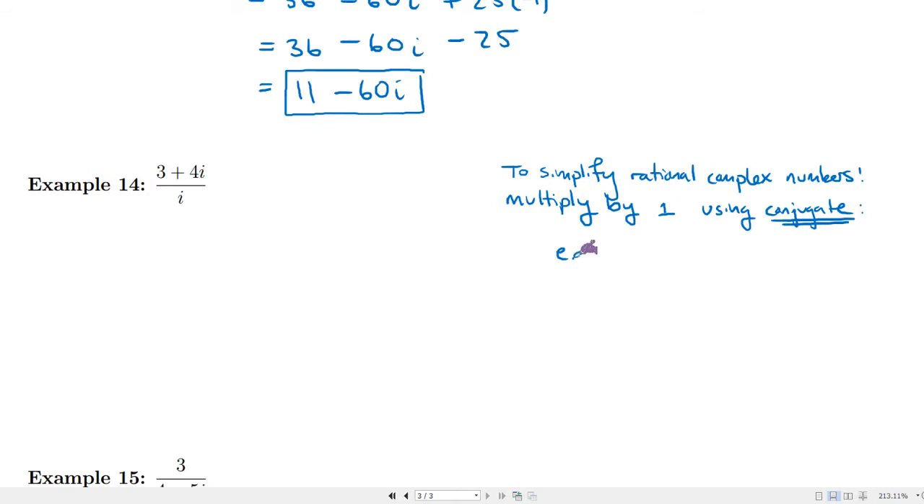So here's what I mean. Let's say that you have something, whatever that is, divided by a plus bi. Now how do you simplify this? What you're going to do is multiply by 1, kind of similar to what you did with the